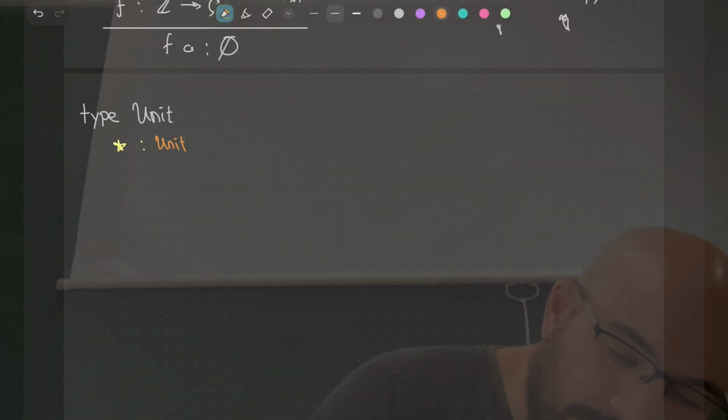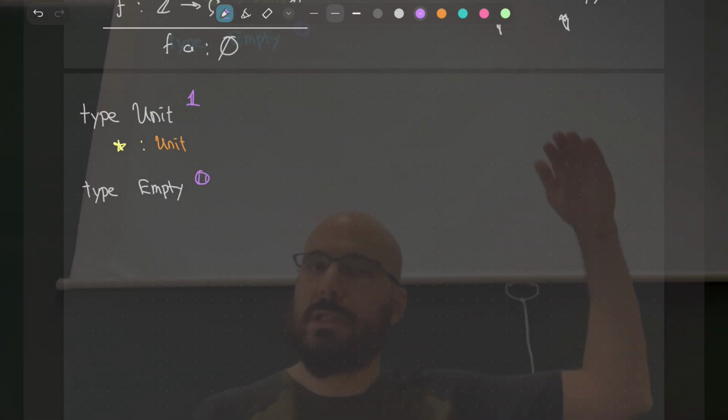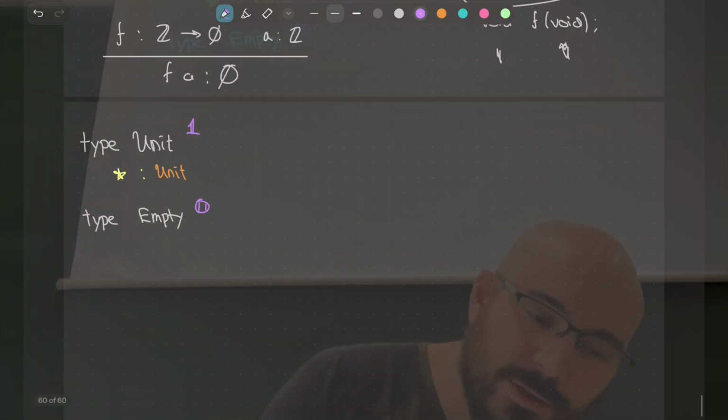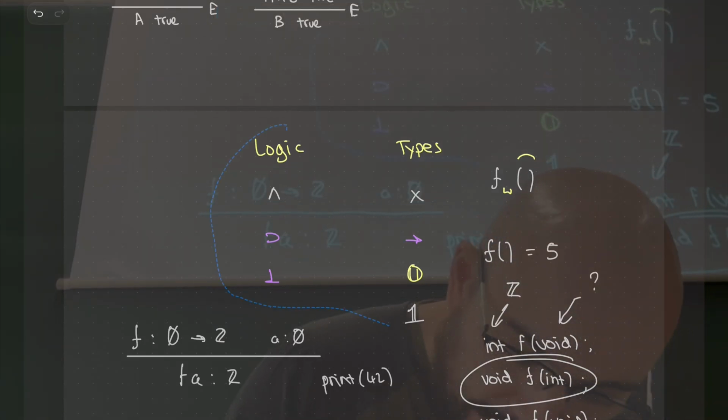Okay. And the other type I need to define is the empty type. I will also call this like this. And I just defined it with zero constructors, and it better have zero constructors, because I don't want anything to be constructible there. So let me go on with this little table here.